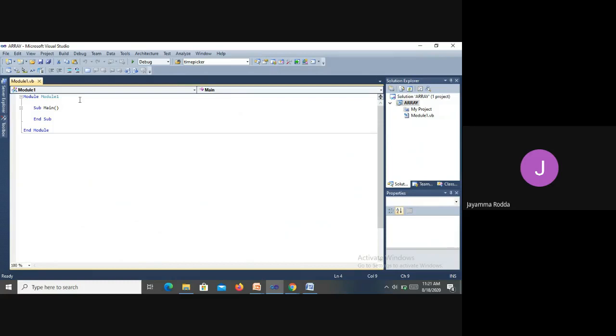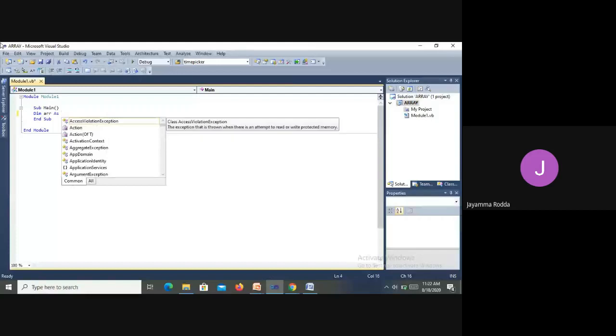So here we are going to create dim arr as integer.